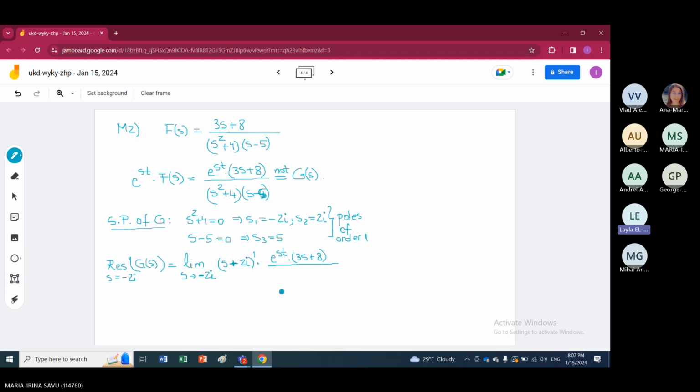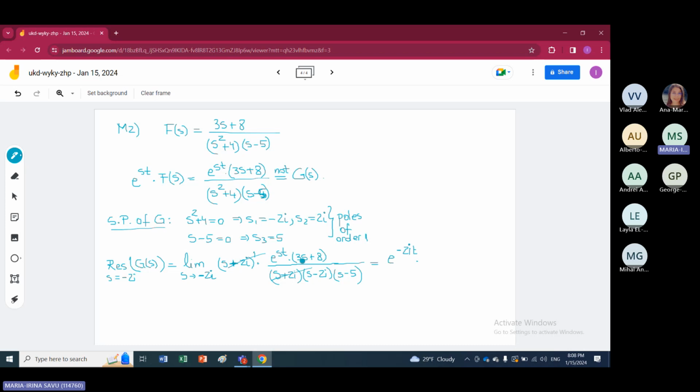We split it. We're going to have s plus 2i times s minus 2i. Exactly. With no derivative here, we have a simplification, and in the end, e at minus 2i t